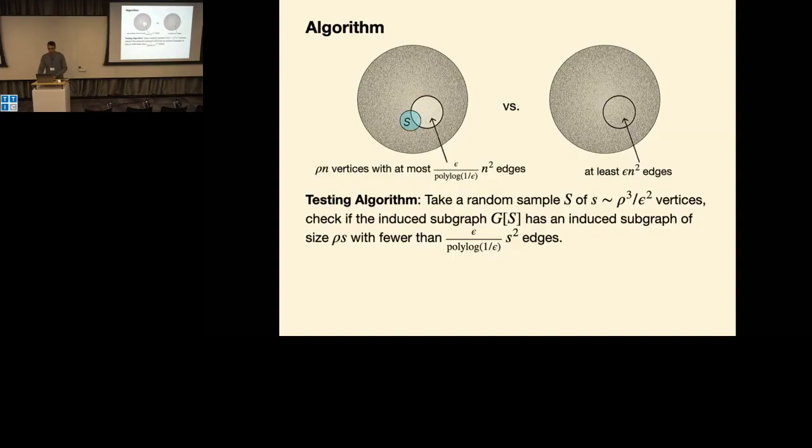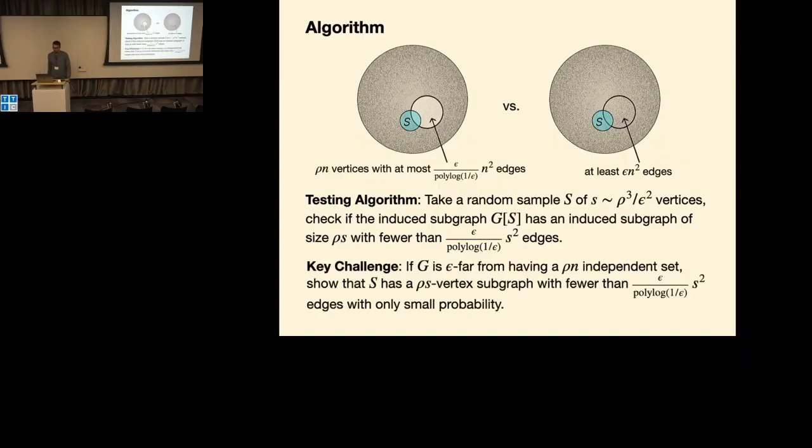So it's not too hard to show that in the yes case, you do have this sparse subgraph, and your sample should find a reasonable number of vertices from that sparse subgraph. And with reasonable probability, these themselves should be sparse. So we should accept, which is what we want. And the hard case is showing that when we are epsilon far, we will not find such a sparse subgraph in our sample. And this is where we would use the container method, which was also used in